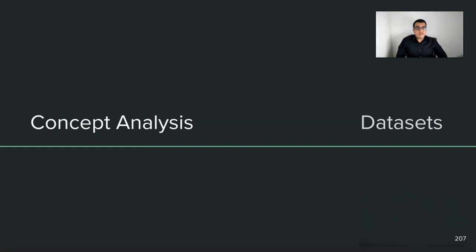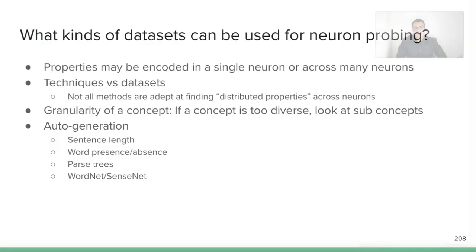We will first briefly touch upon datasets before looking at actual code and toolkits. There are many things that one needs to keep in mind when choosing the dataset for neuron analysis. Most work today looks at word annotated data, since individual token activations are somewhat easier to analyze compared to aggregated sentence summary vectors. One also needs to remember that not all techniques we have seen today will work equally well